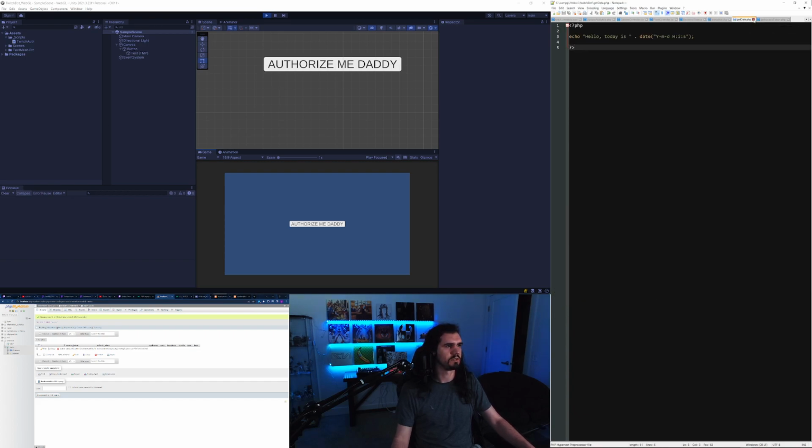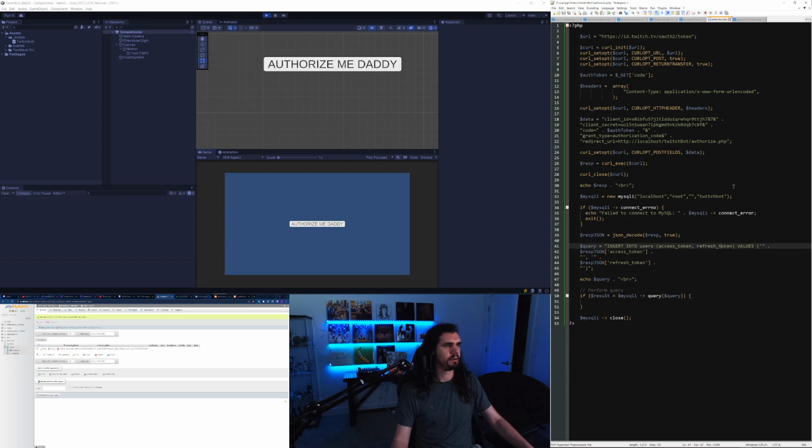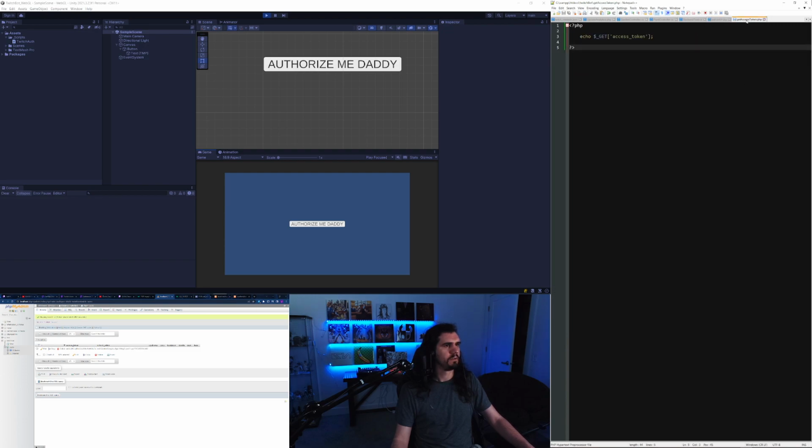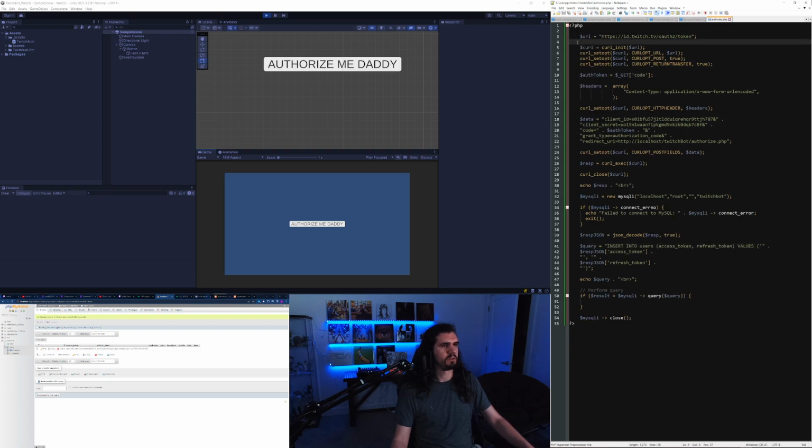A good place to sort of stop then. Don't really need you. We have authorized here. What we did was, basically, this is what gets called when we authorize. It gives us an auth token, which we then use to get a client access token, which we then use to store into the database. So now, what we're gonna have to do next